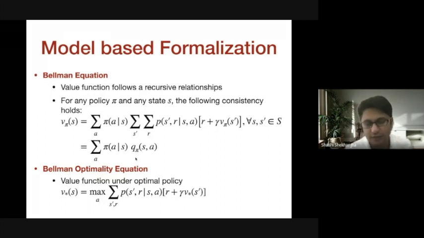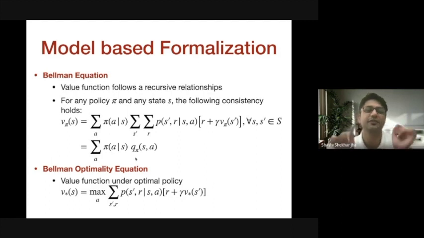So now we just have to solve for these value functions. So there are these Bellman equations which establish some kind of a recursive relationship between the value functions of the state. Okay, so how it helps you is whatever that expectation E we had earlier, it removes that expectation and plugs in the real probability values. Okay, so the value function of a state in model-based formalization is defined with respect to the value function of other states. So it is a recursive relationship you can see, and all other things if you see. So the first summation is over pi of A given S. It is the probability of taking action A in a state S, right? Which is known because somebody gave us the probability.